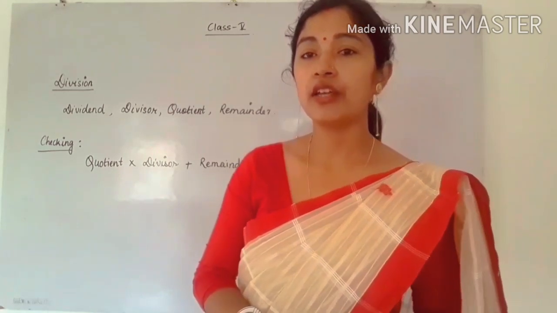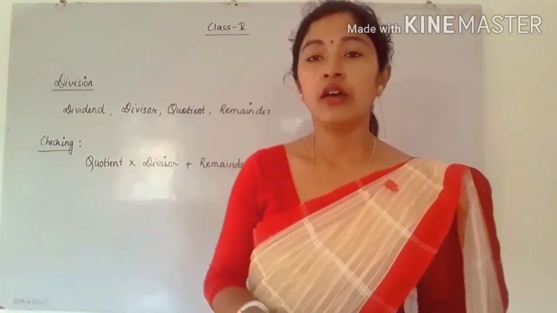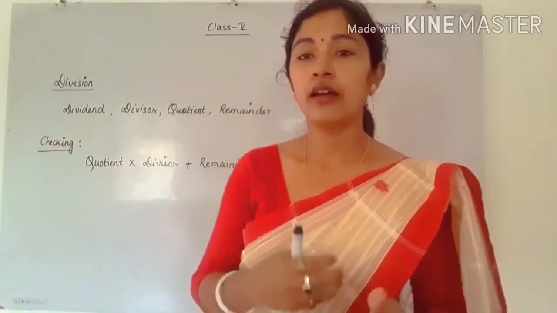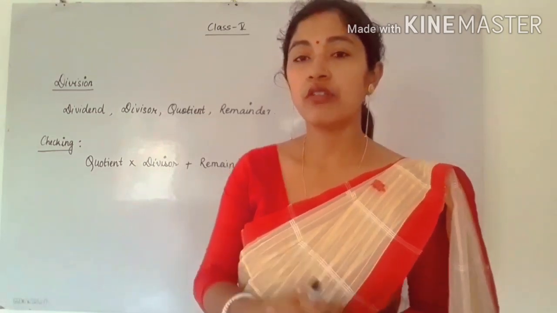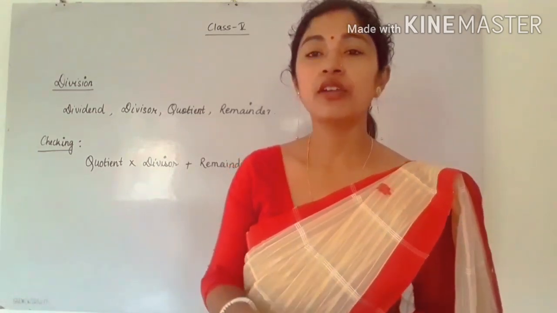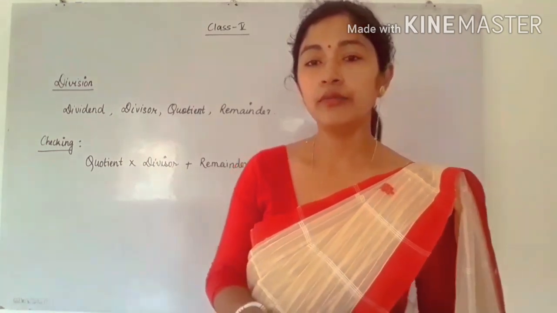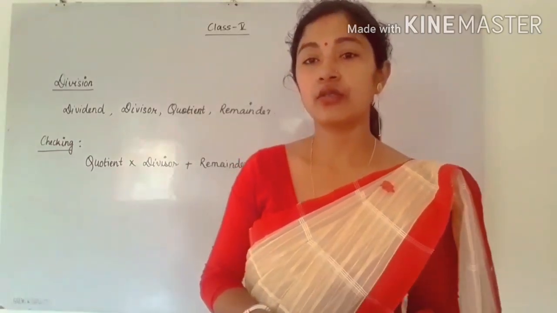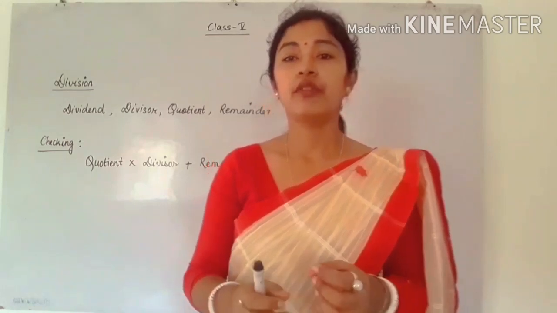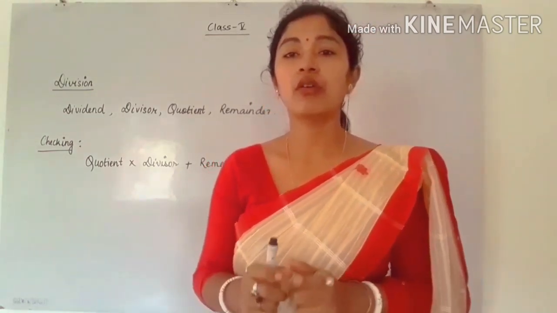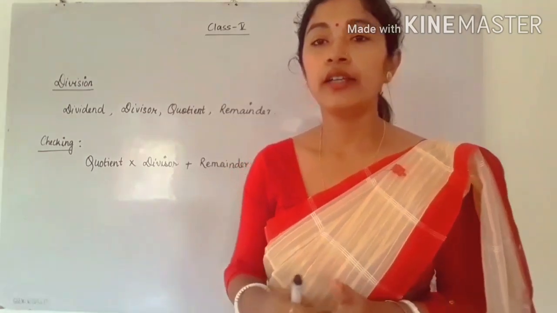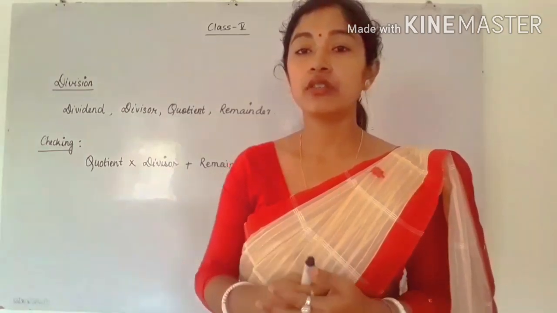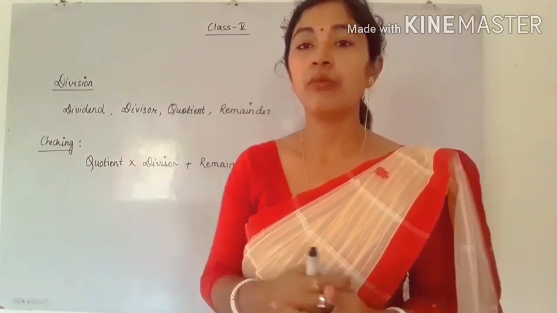In multiplication, when the value for one is given and you have to find it for many, we use multiplication. Division is the opposite of what? Multiplication. In multiplication we get an answer bigger than the numbers, or we can say the factors. Already I told you in my last lecture that when we multiply, the two numbers are called factors and the answer is called the product. So division is the reverse, or we can say the opposite, of multiplication.